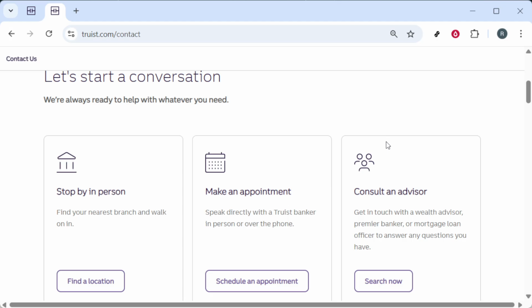And there you have it. This simple guide will help you through every step, whether you're coming into contact with Truist online or offline, and ensures that ordering checks is as